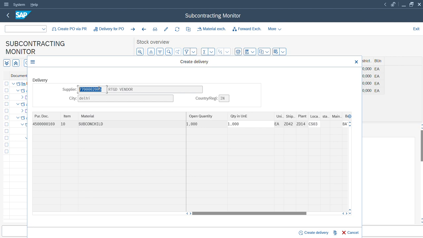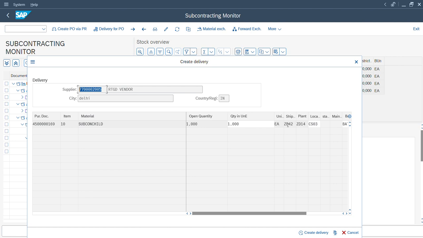Based on your customer number and the shipping condition, the system will determine the shipping point. There are two options for the subcontracting process to determine the shipping point, either at the plant level or at the storage location level. There is a specific node given to determine the shipping point for subcontracting based on the storage location. In my case, I've used the plant level,